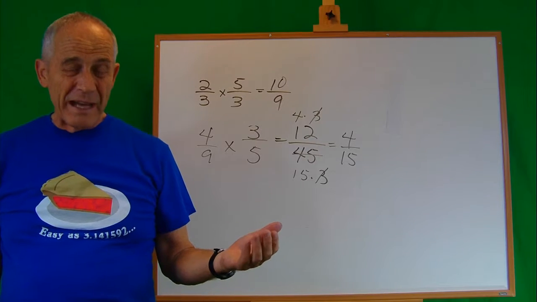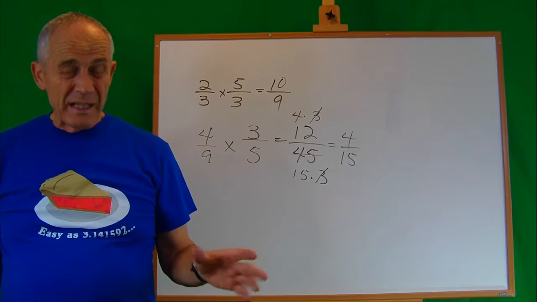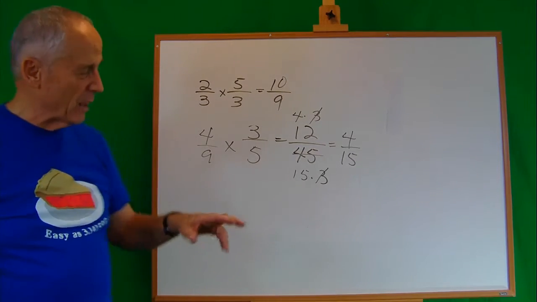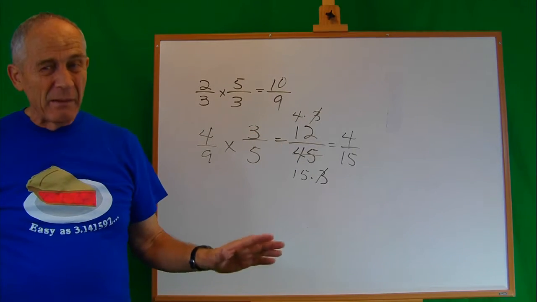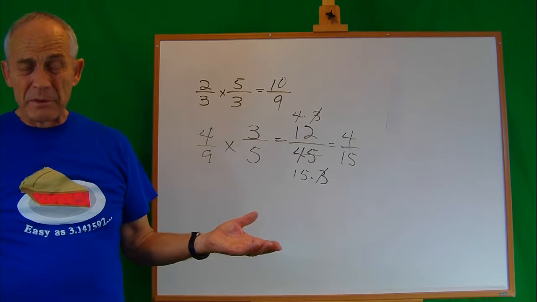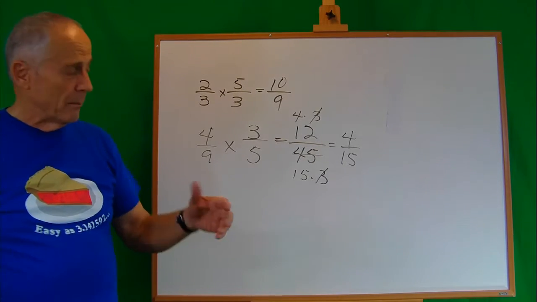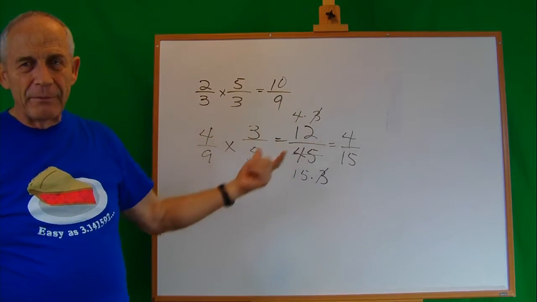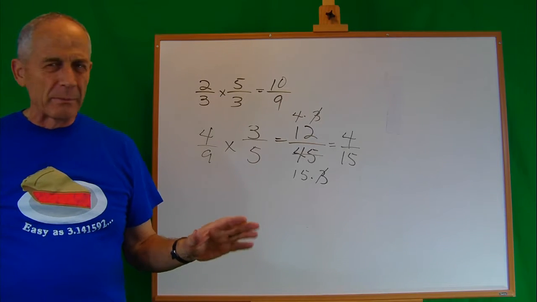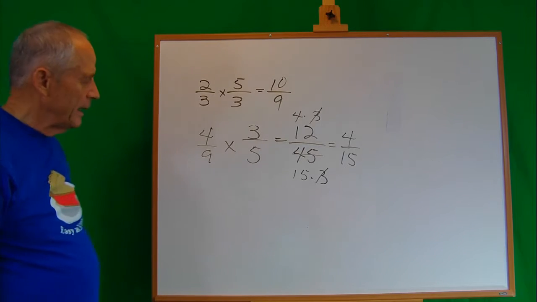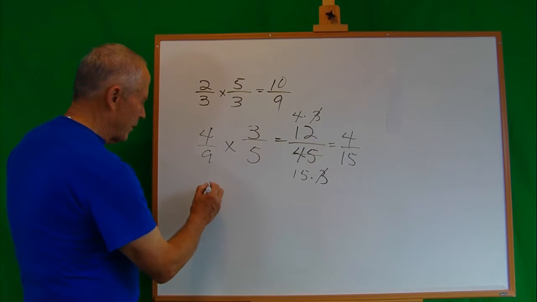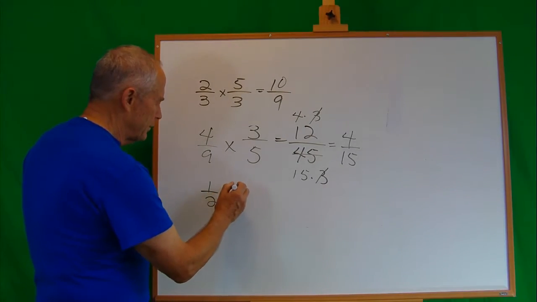I don't know about you, but if you think about that, you might get into a situation where you start multiplying fractions and you could get some pretty big numbers. And looking at it and trying to tell, 12 over 45 may or may not be too bad. It's going to be a problem for some people, maybe not for others. But if there were some way to make this a little easier and prevent problems, wouldn't that be a good thing to do? So, going back to where we had 1/2 of 2/6,